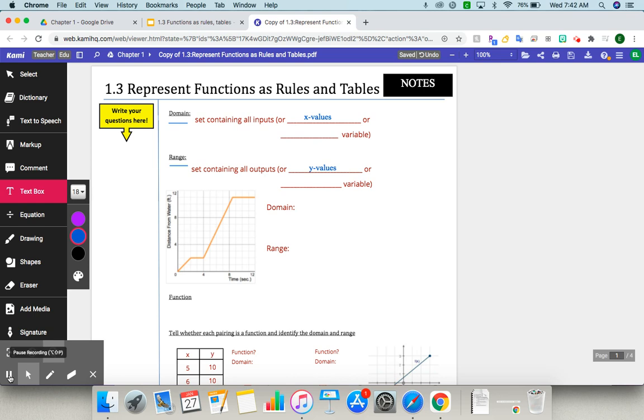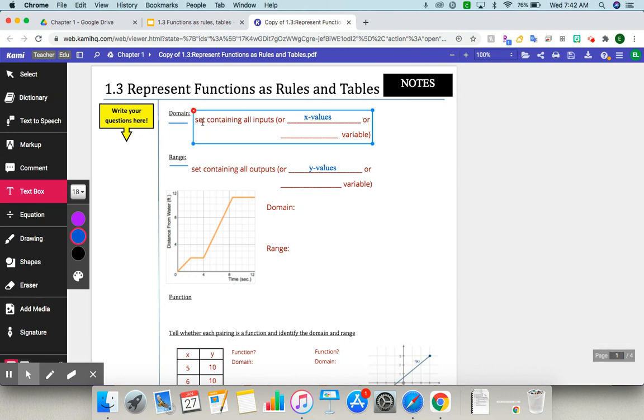Over the next two sections, we will review and explore a little bit more about a function. Before we define what a function is, first we must think about a simple relationship between two variables. Because we're dealing with two variables, the set of variables can be defined by the domain and the range. The domain is the set containing all inputs, or on an XY coordinate grid, these are the X values, and